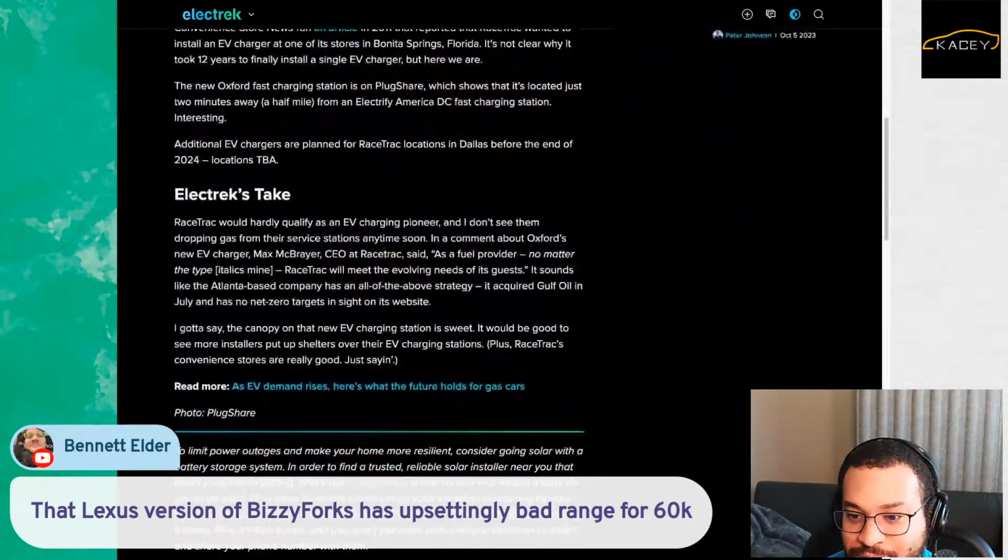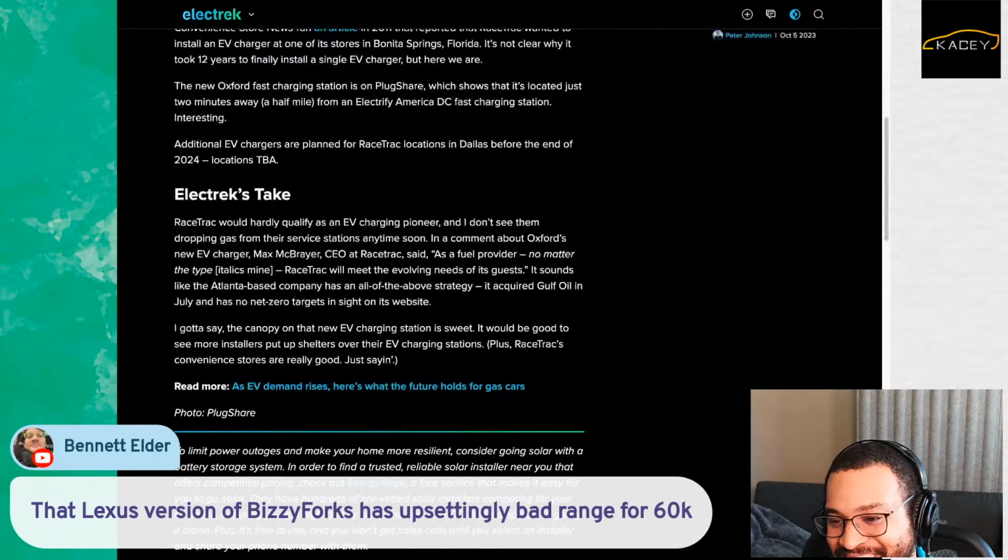Electrek says Racetrack would hardly qualify as an EV charging pioneer, and I don't see them dropping gas from their service stations anytime soon. Yeah, like we saw at the Wawa and at Takoma Park, Maryland, Mr. Dooley gasless stations, where they are fueling stations, but they only have electricity. I gotta say that